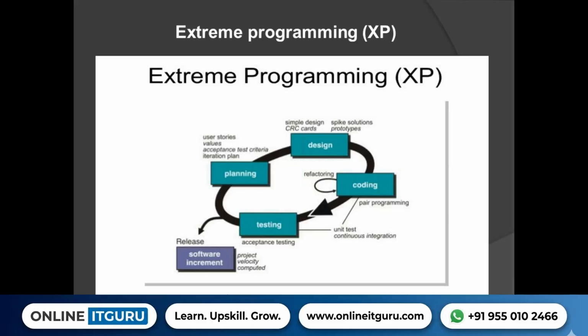While doing development or programming, in this process we are going to continuously refine the requirements. That means we will keep on changing the requirements for the betterment of the project in extreme programming, and the programmer will estimate and finish whatever responsibilities are associated with him.